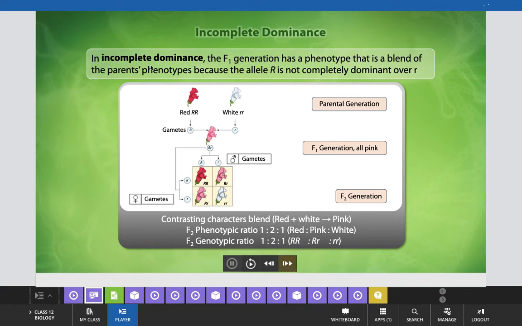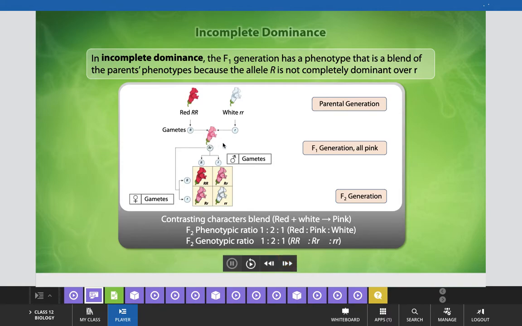In incomplete dominance, the F1 generation has a phenotype that is a blend of the parents' phenotypes, because the allele capital R is not completely dominant over the small r. Means red is not completely dominant over white, due to which even after taking two different pure traits in the parent generation, pure red and pure white,